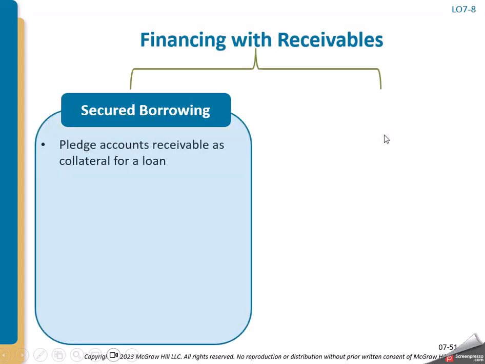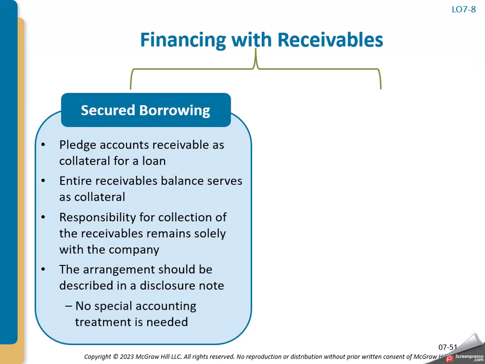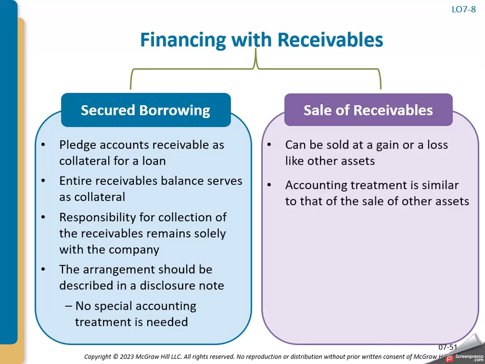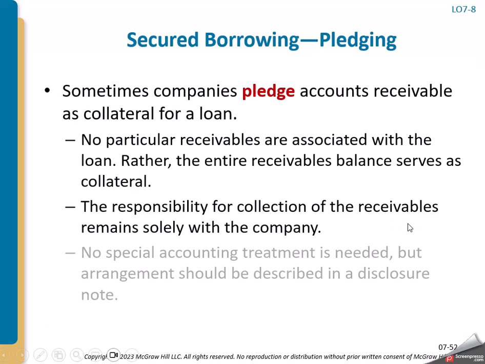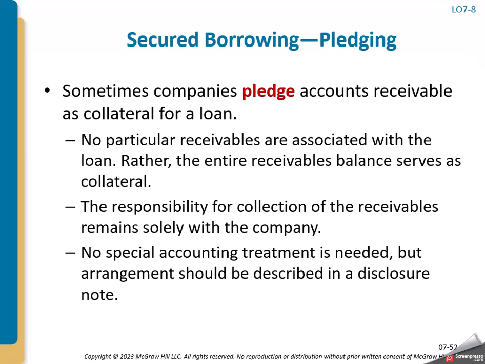Then we can finance with our accounts receivable. So we could pledge them as collateral on the loan, and then as we collect the accounts receivable, we should then forward that money to the loan to help pay it off. We could sell the accounts receivable where then the buyer's going to do the collection on their own, and then we would have a gain or a loss. Normally there's a fee involved in that, so you actually pay to do it.